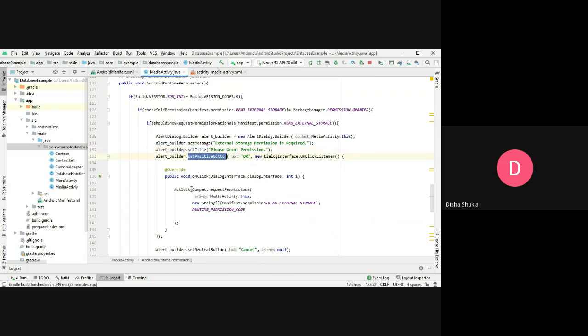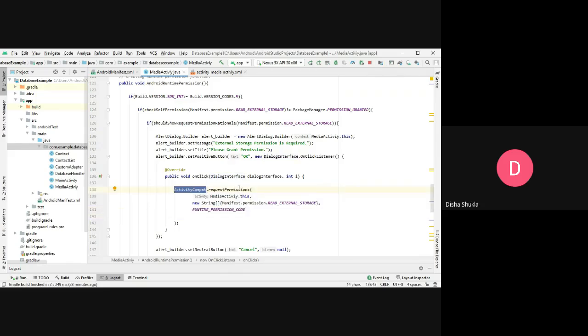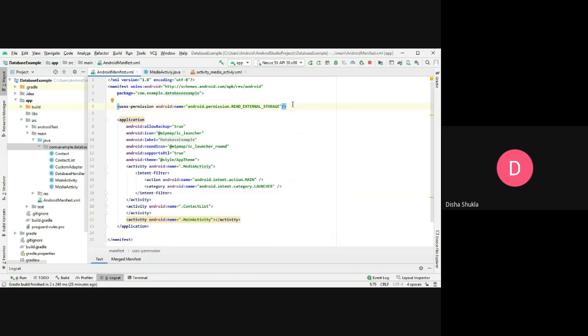Along with that, I want to show two buttons. So what does this positive button do? For this positive button, I want to show the text as okay, and again its click listener is mentioned over here. New DialogInterface.OnClickListener. Inside this onClick listener, I am taking this permission code ActivityCompat.requestPermissions. What does this mean? It is requesting for the permission from the user. Along with that, I am passing three arguments over here. The first is the reference of my activity. The next is what all permissions do I need. See, I already told you that if you want lots of permissions for this particular app, you need to mention all of them. You need to list them out over here in the manifest file.